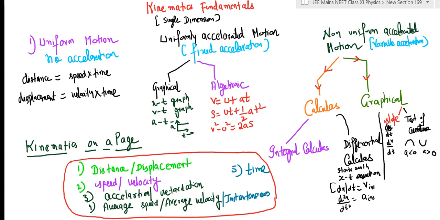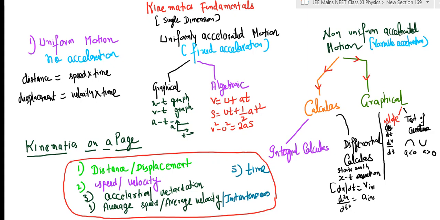So the whole purpose of using these techniques is nothing but to find the unknowns. Generally 2-3 variables are given to you and you have to find the balance, and you have techniques available. For example, I emphasize that for non-uniform accelerated motion, typically the emphasis is on calculus. But in the case of uniform accelerated motion, you don't need to use calculus at all, right? It's more algebraic, like solving an equation, those three equations of motion.